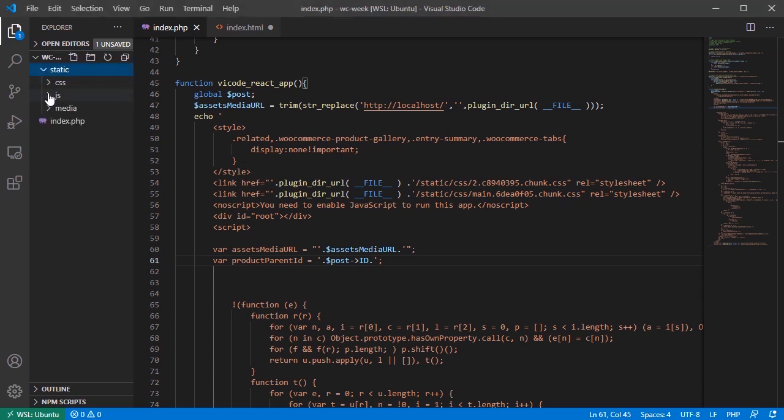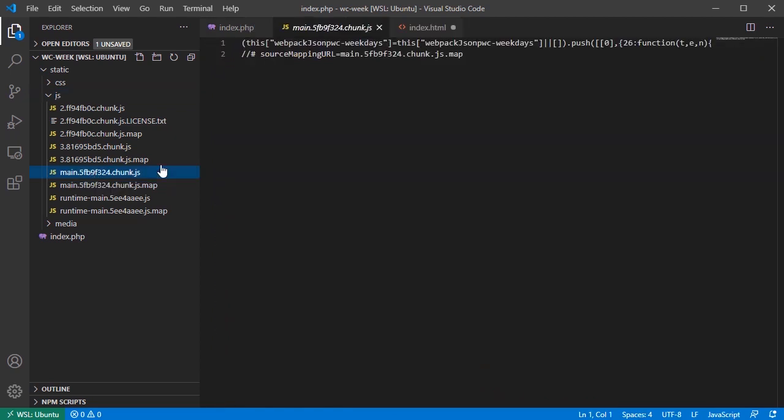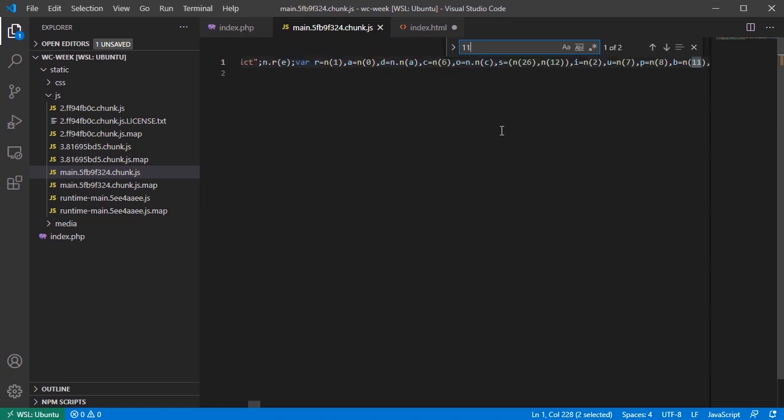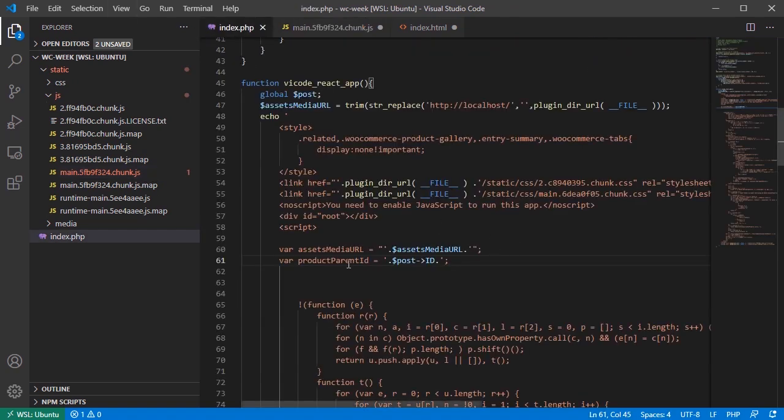Actually, here in the static, go to JS and just make this longer. And now I'm gonna open the main.hash code, whatever you have here. You should have something different. I'm gonna open this one and look for the number 11, because 11 is the parent ID. So here's what I found. This is the API URL. So instead of 11 here, I will remove that, do this plus plus, and here I'm gonna paste this variable product parent ID